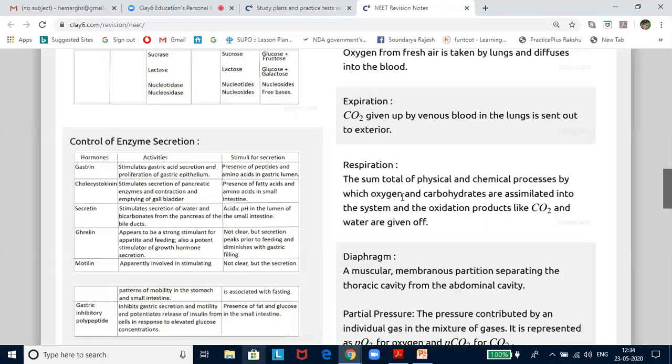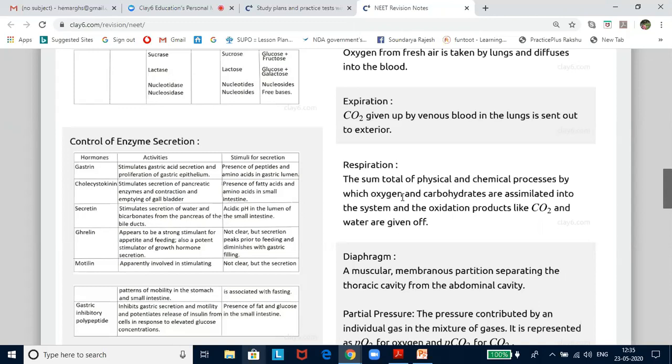Secretin is secreted from the duodenal mucosa in response to the presence of HCl in it. It stimulates the secretion of water and bicarbonates in the pancreatic juice and bile and inhibits the secretion and movements of the stomach. Cholecystokinin is secreted from the duodenal mucosa in response to the presence of food in it. It stimulates the contraction of the gallbladder and release of bile juice. Gastric inhibitory peptide is secreted from the duodenal mucosa in response to the presence of monosaccharides and fats. It inhibits gastric secretion and motility.